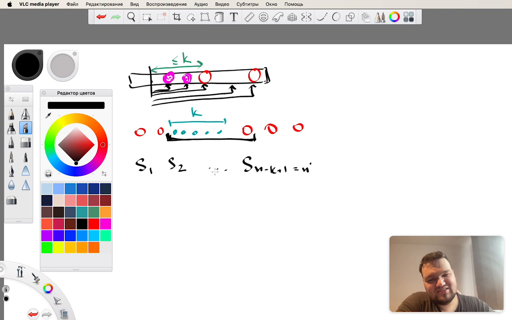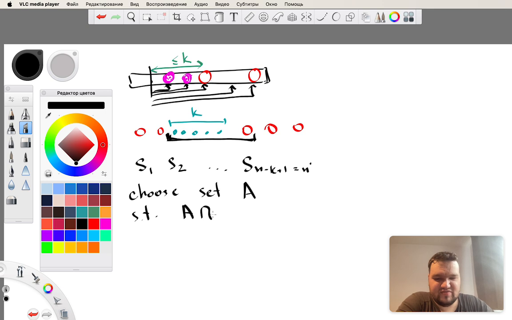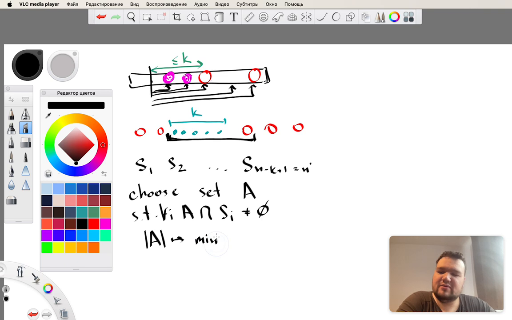So we have those sets of letters. We need to choose set A such that A intersects with every one of those. This is not empty for every i. And we want the size of the set to be minimum. Okay, to do that, we'll say, okay, for every Si,